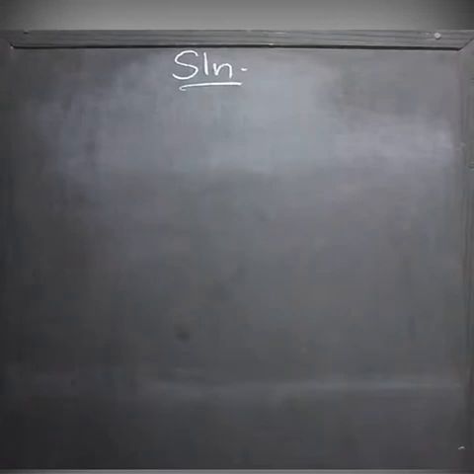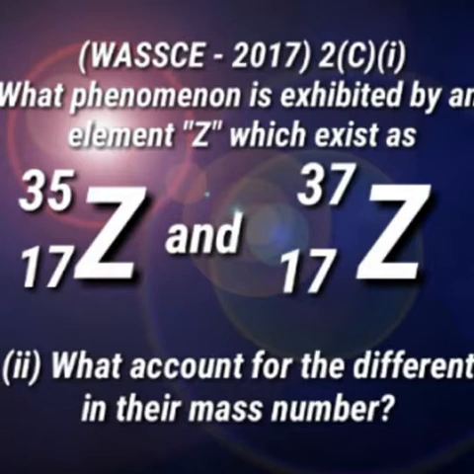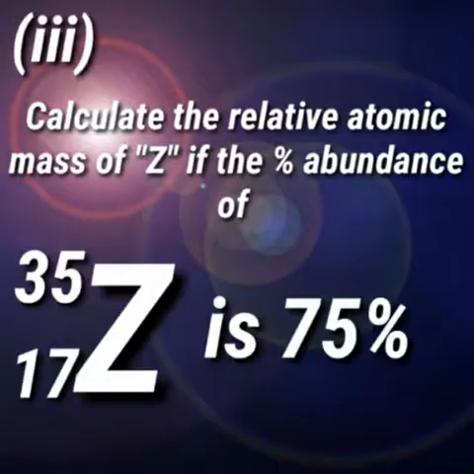So the question says, what phenomenon is exhibited by an element X which exists as, that is element Z, atomic number 17 and 17 again, with the mass number of 35 and 37. This is question 1, Roman figure 1. Roman figure 2: what accounts for the difference in the mass numbers of the elements? Roman figure 3 says, calculate the relative atomic mass of Z if the percentage abundance of